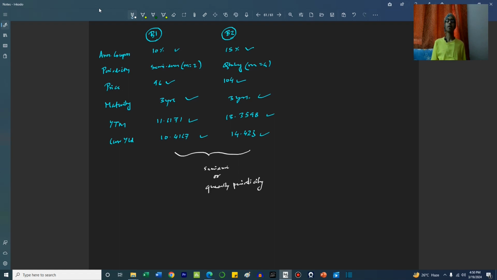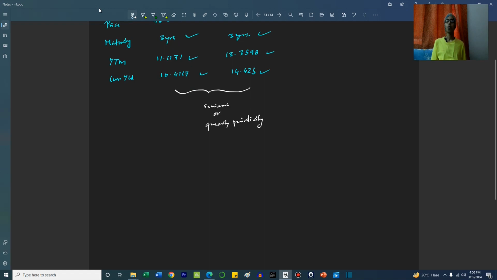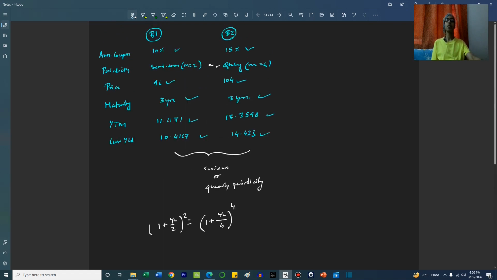First, let us convert this quarterly bond into semi-annual periodicity. Let's see what transpires. So, we already know 1 plus y2 by 2 whole square is equal to 1 plus y4 by 4 whole to the power 4. We already know y4 here, right? That is the yield which is compounded quarterly. We already know that. This is the yield. So, this implies